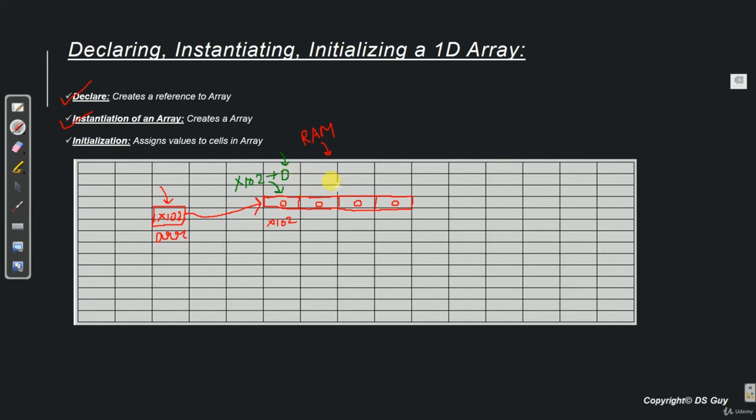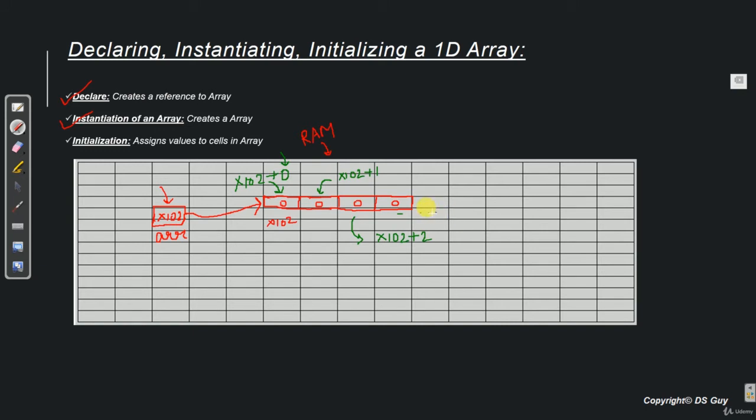So when we want to point to this cell, we say x102 plus 1. Similarly, this one will be x102 plus 2 and so on for the next cells.